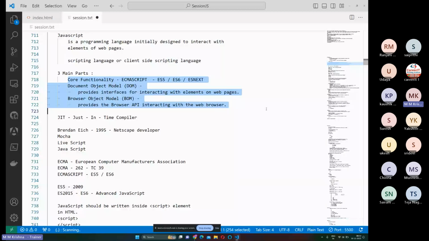The document object model is nothing but a way to interact with your pages or the elements of the web pages. Document is nothing but your HTML page, and if you want to manipulate your HTML page by using the script, we'll be making use of this document object model. Okay. And when it comes to